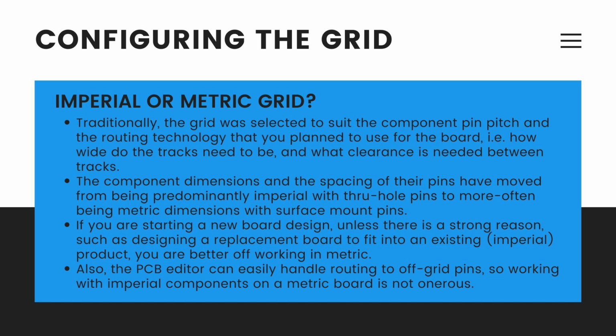Configuring the grid. The next step is to select the grid that is suitable for placing and routing components. All the objects placed in the PCB design space are placed on the current snap grid, imperial or metric grid. Traditionally, the grid was selected to suit the component pin pitch and the routing technology that you plan to use